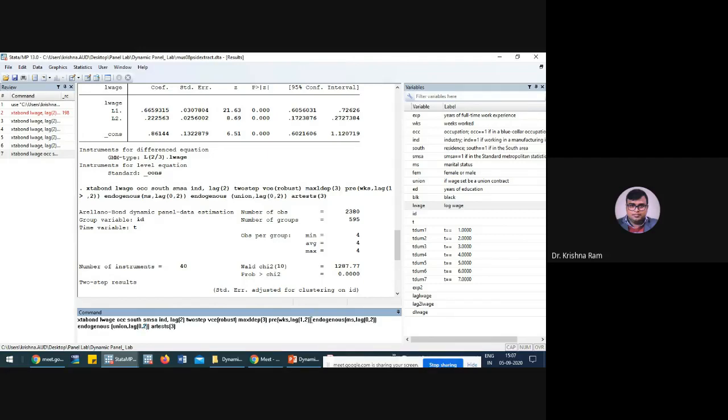In a predetermined case, you can see here, since the WKS variable, which is weeks worked, is not related with the current year error term. So let me use the next board. If I open this,